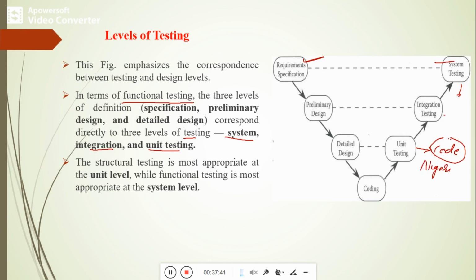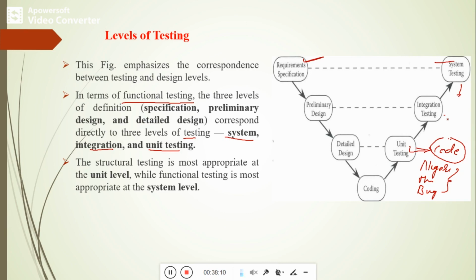Is there any functional mistake, any bugs, like compilation error, runtime error, call by reference, or parameter errors? If such errors exist, they will be identified under the unit testing. Then integration testing and system testing will also be covered under structural testing. So that is the basic idea about the levels of testing: where we are applying functional testing and where we are applying structural testing.